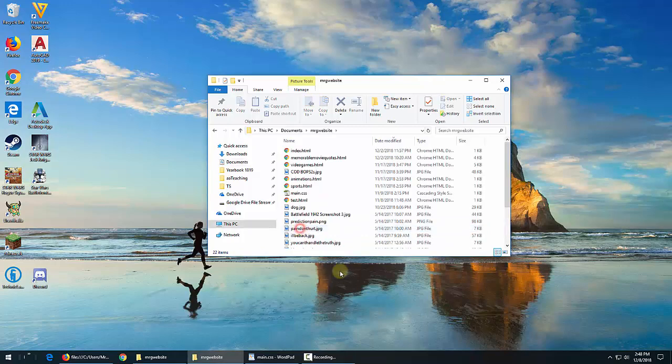Here's my website folder, and I'm going to work with my sports page and put a picture on that and then show you how to center it. So first I need a picture, and I already saved one. I have it in another folder, so I'm going to copy it, and then I'm pasting it over here. So I have a picture of Emmitt Smith from the Dallas Cowboys, and I'm going to put it on my sports